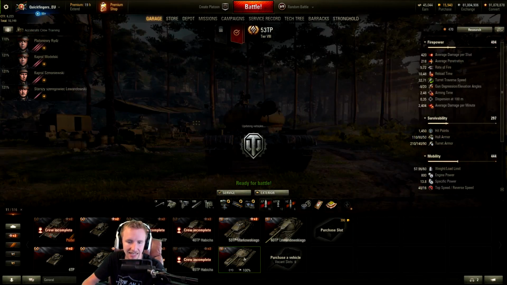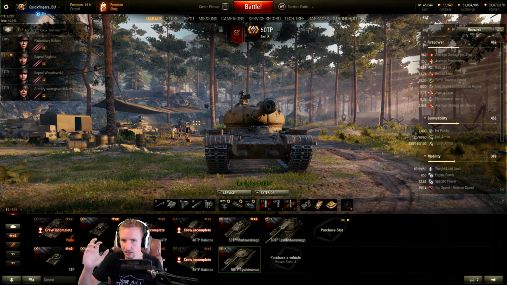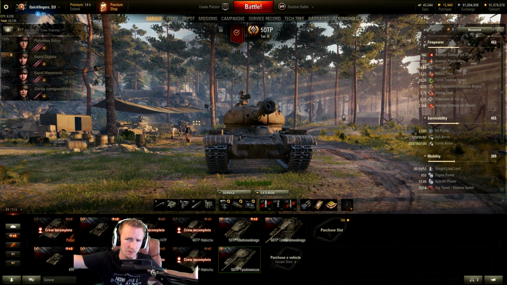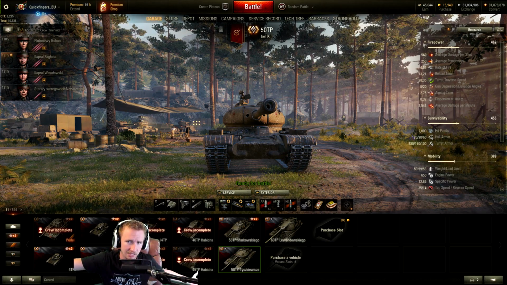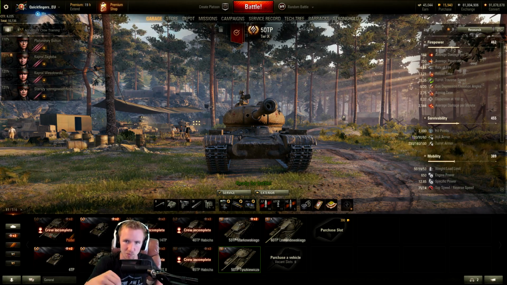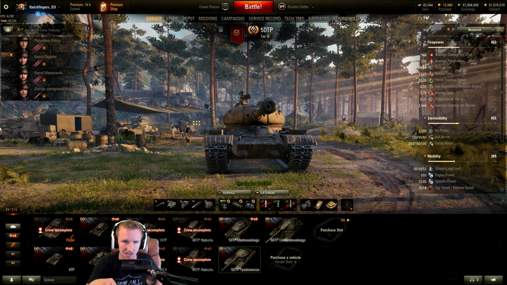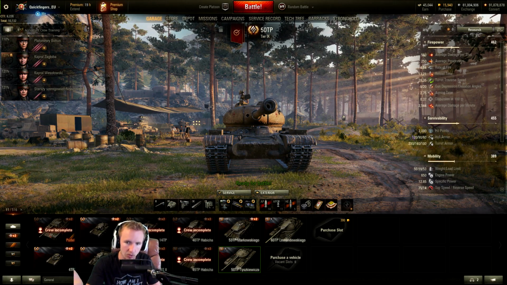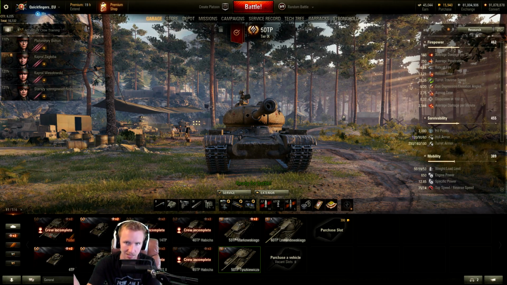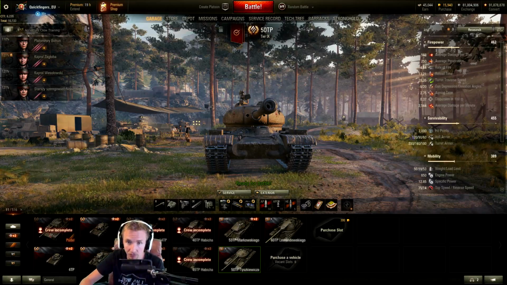Now, up to tier 9, and this is where things are getting a bit confusing. This vehicle is the 50 TP, and a lot of you might be thinking, hold on, QuickyBaby, didn't you just feature the 50 TP on the channel on Tuesday? Yeah, that was a tier 8 Polish premium heavy. It's called the 50 TP prototype, whatever you want to be calling it. So make sure you do stress that that is the prototype,